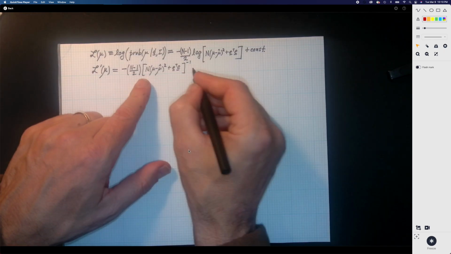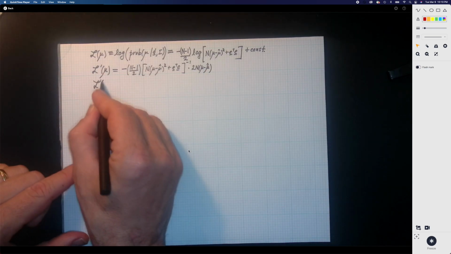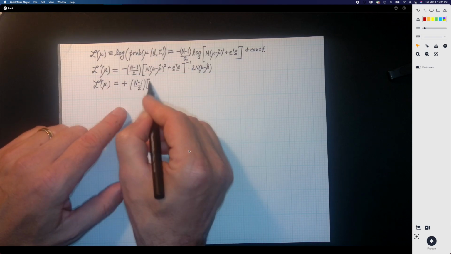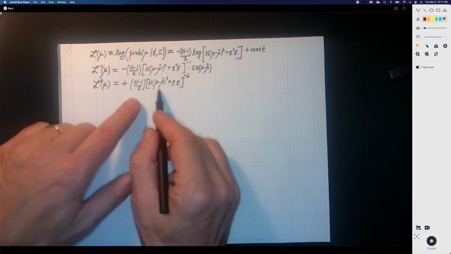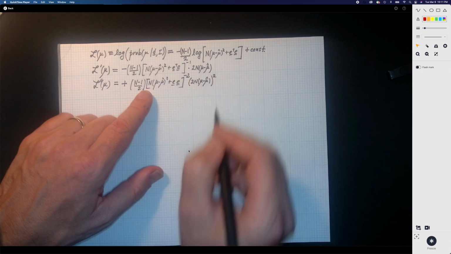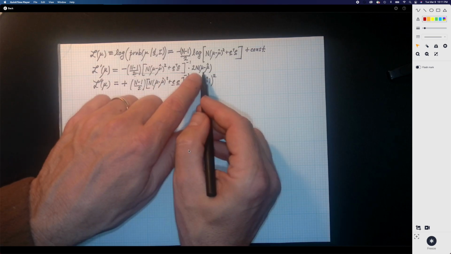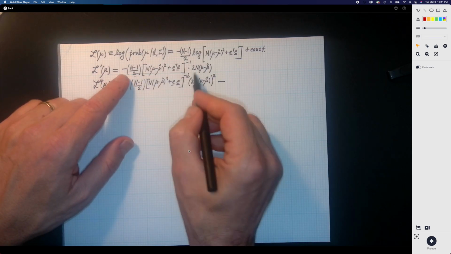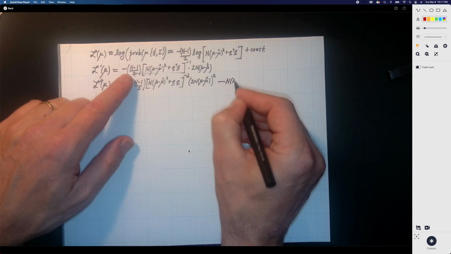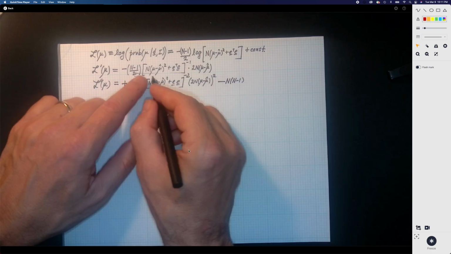Times the derivative of the inside by the chain rule. And now we can take the second derivative. The minus will become plus. And then by the chain rule, I get another factor like this one from the derivative of the inside. And then the product rule, I took the derivative of this term, now I have this term multiplied by the derivative of that term. And the derivative of this one is just 2n. So I have minus n times the previous factor n minus 1, and the 2 will cancel with this 2, and then I have this quantity,